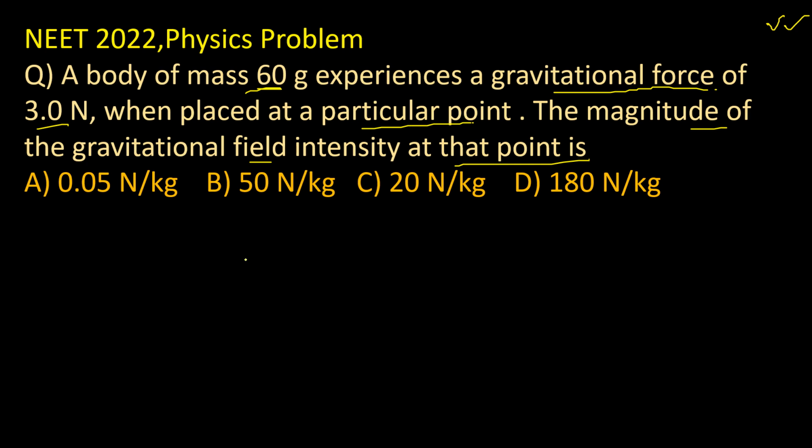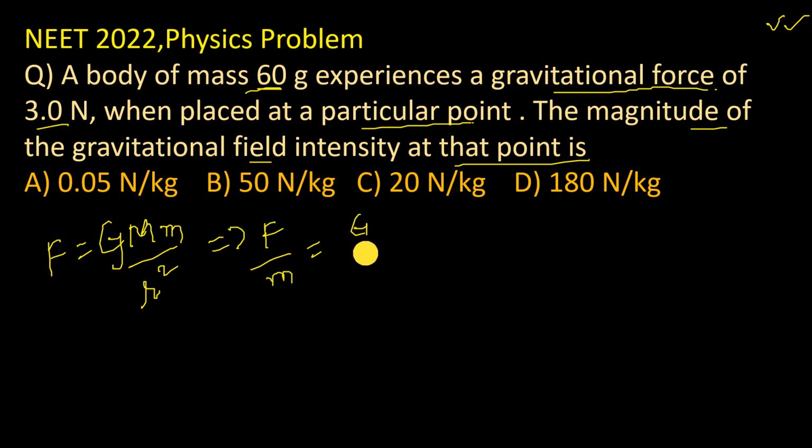So we know, according to the universal law of gravitation, gravitational force F equals capital G, capital M, small m by R square. That is nothing but F by m. So we can also write capital G, capital M by R square. So you can make it equation 1, and given data F equals 3 Newton, your mass equals